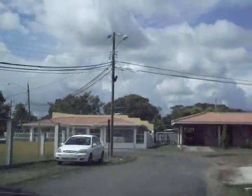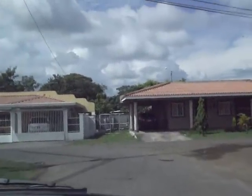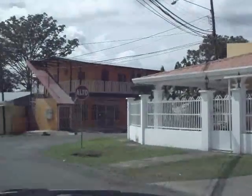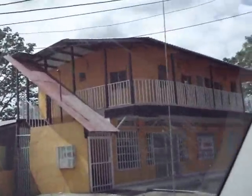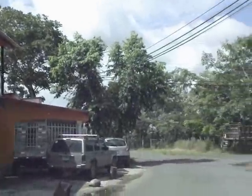In more neighborhood tours from our company, Esquero Publications, we'll take you to some much nicer neighborhoods where the houses are much more expensive, and you'll be able to see more of what the city of Las Tablas